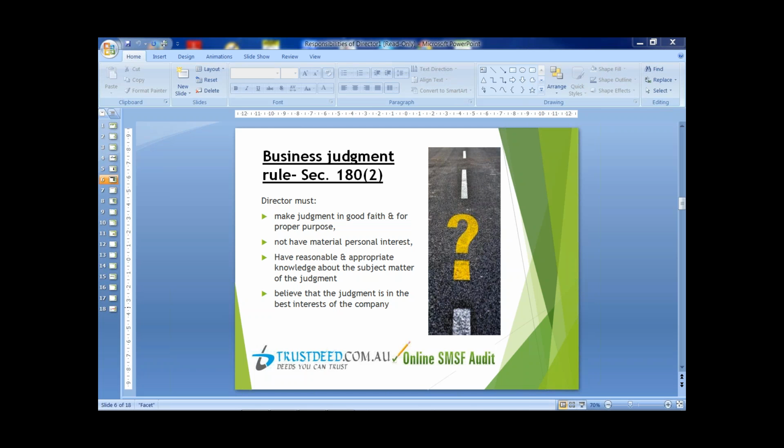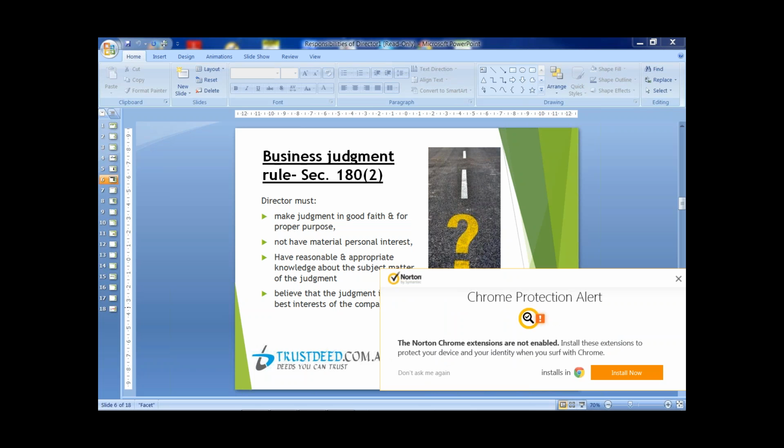If the purpose is improper or not in good faith, there is a breach of duty. Secondly, there should not be presence of any material personal interest while making the judgment. So director should not make judgment